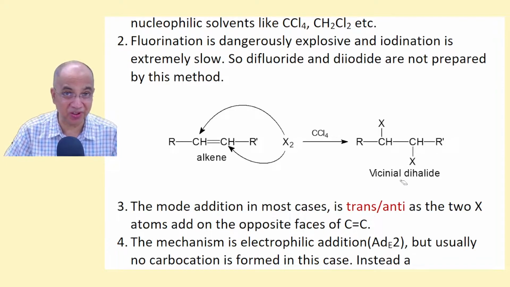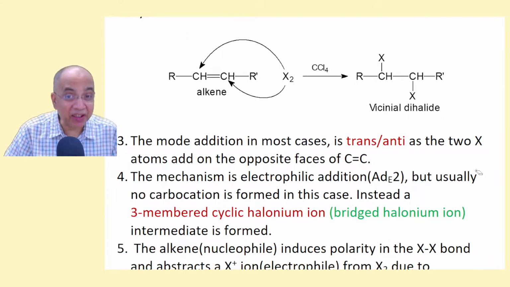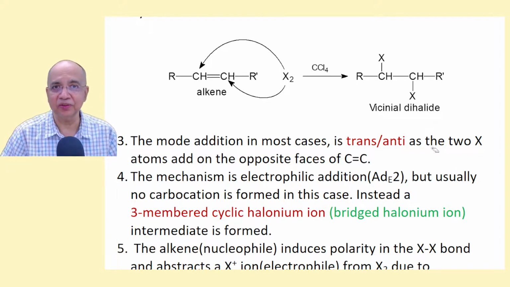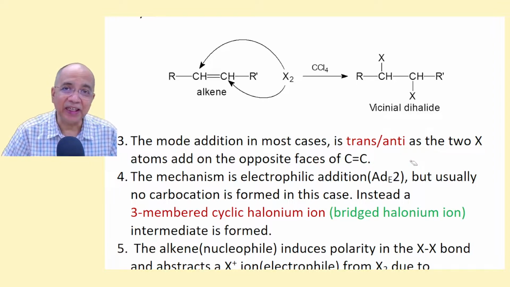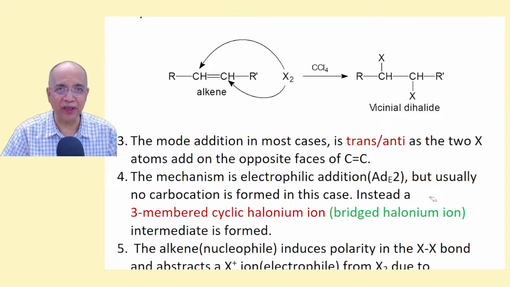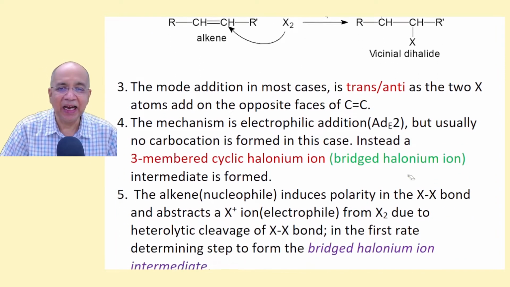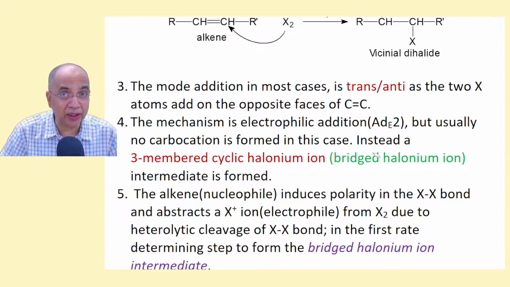This is vicinal. Now interestingly, here the mode of addition is trans or anti. The two halogen atoms add on the opposite faces of the C double bond C. So that is the uniqueness in halogenation, which was absent in the previous case where we were using polar addendum, right? And this is no doubt electrophilic addition,